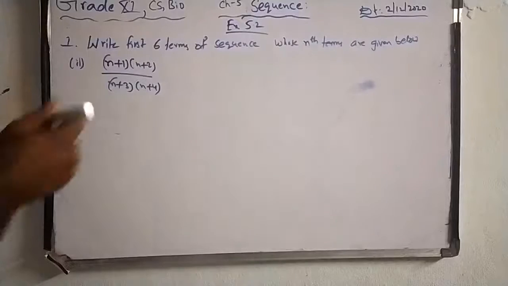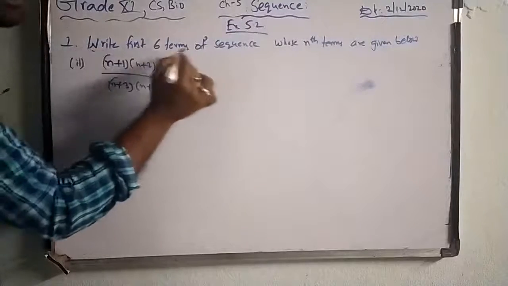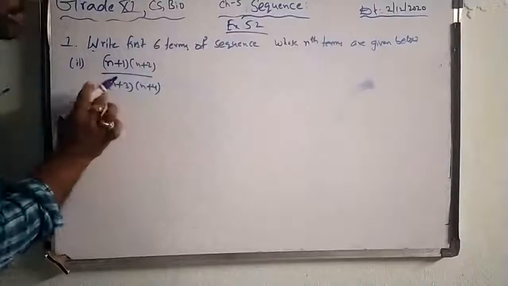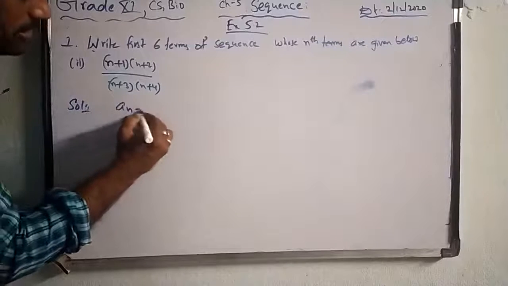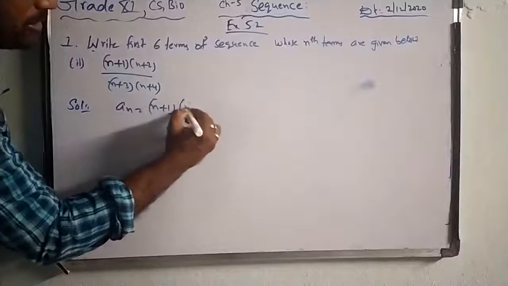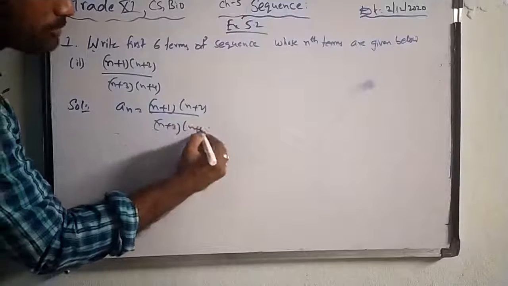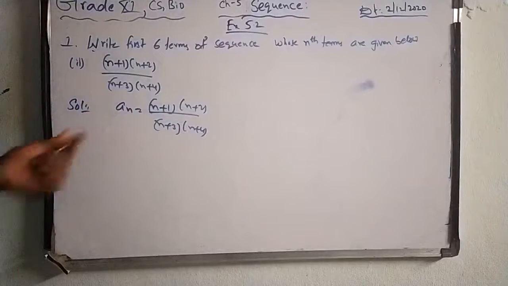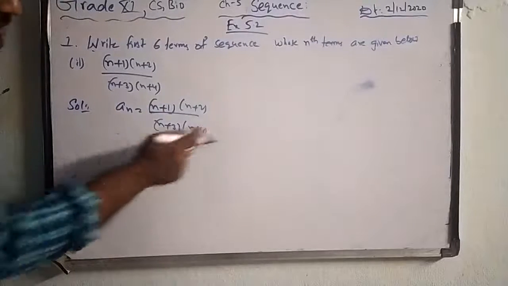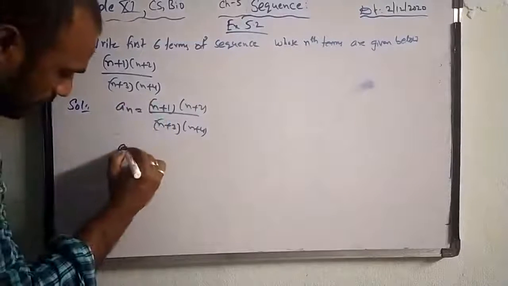Okay. Next, let us talk about exercise 5.2, first bit, second question. The question is: write the first 6 terms of the sequence whose nth term a_n is (n plus 1)(n plus 2) by (n plus 3)(n plus 4), and we need to check whether it is in AP, GP, HP or AGP. In any of these four, for which one it is satisfying, or whether it satisfies all four, we need to check out. So first, a1.